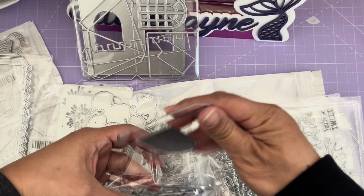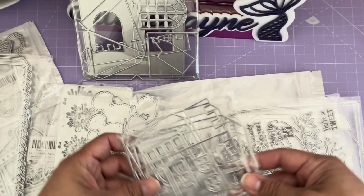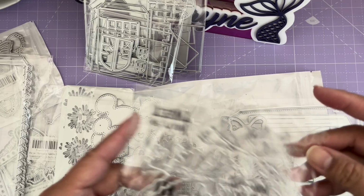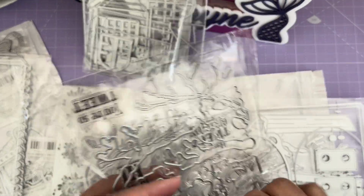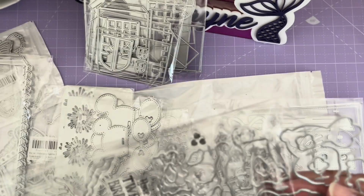And also, Meliza, everybody, the first part of the year, I was trying to make some Disney stuff. But if I had it, I would have made it. Oh my gosh, I didn't realize this is part of the bundle set. It is the die and stamp set. And it's got the little birdie. So this one,